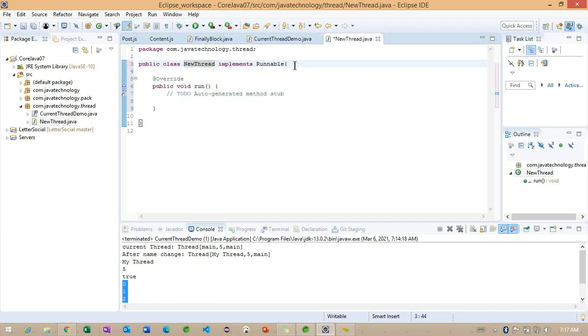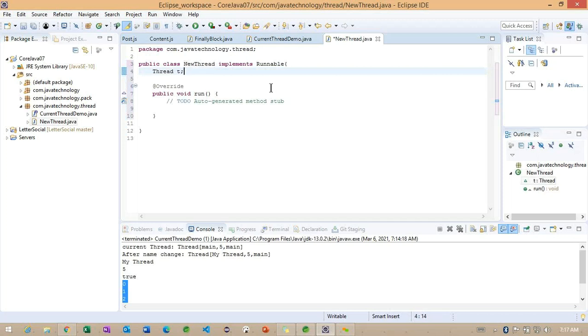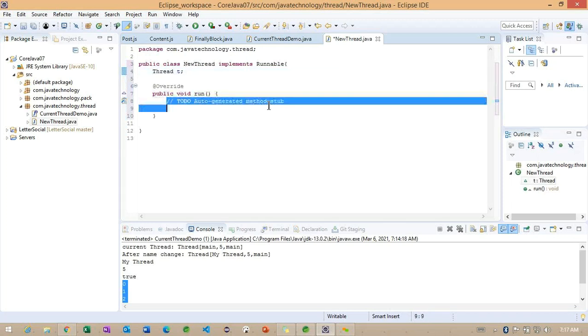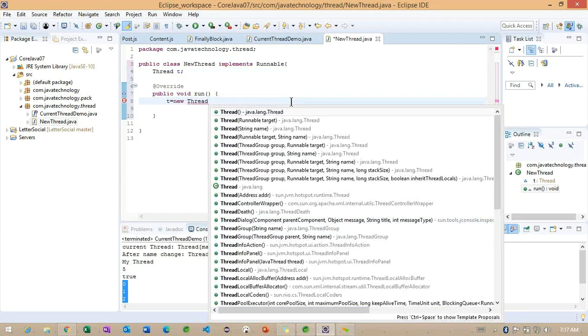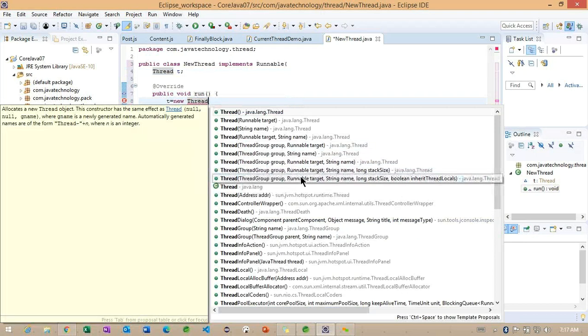Right. So if we observe carefully, internally I'm going to create a thread object here. So I'm simply making t. The Thread class has several constructors. You can see how many constructors it has. This is the default constructor.